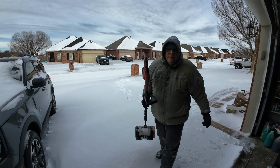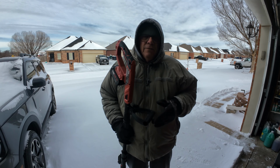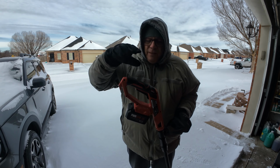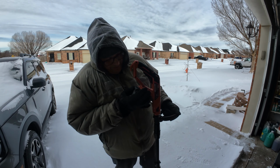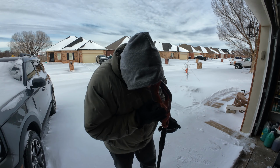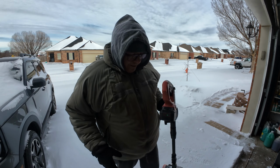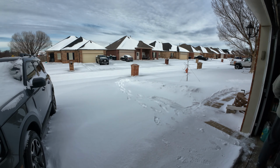Okay, folks. I used it on the sidewalk. It works pretty good. You've got to put some pressure on it to put it down and get it to the sidewalk, but once you get it there, it seems to do all right. It shows I now have, I can push the button, no battery. I pushed the button, I think. I've got two bars left. I'm going to go ahead and try and charge this battery and go on